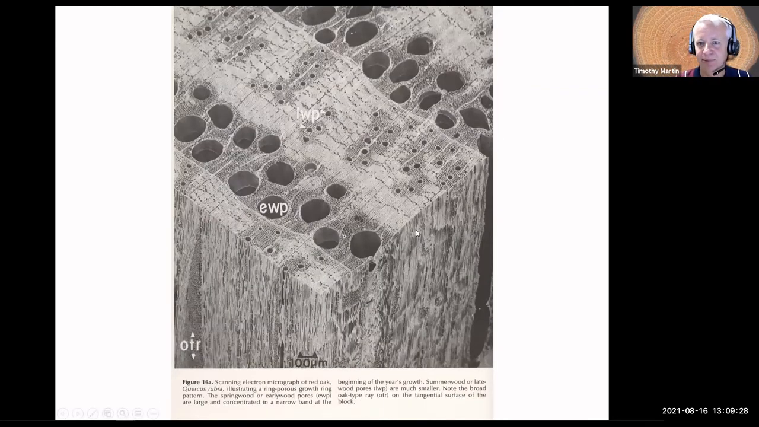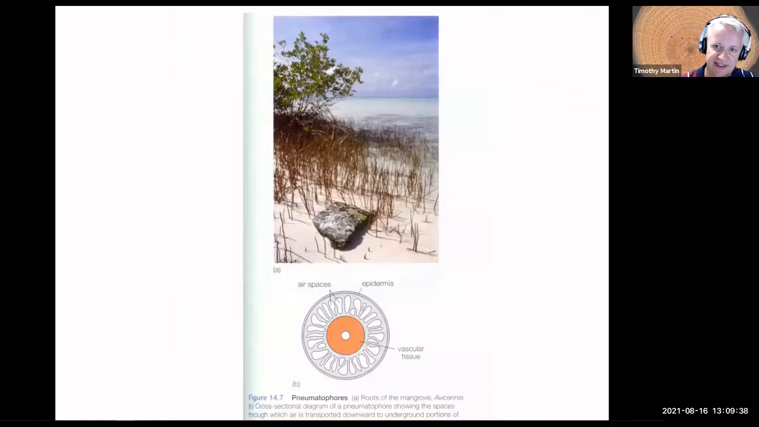This is another example of an angiosperm xylem with big vessels, and these are a little bit smaller vessels. We'll talk about different xylem structures in a subsequent lecture. Okay, so let's talk a little bit about root